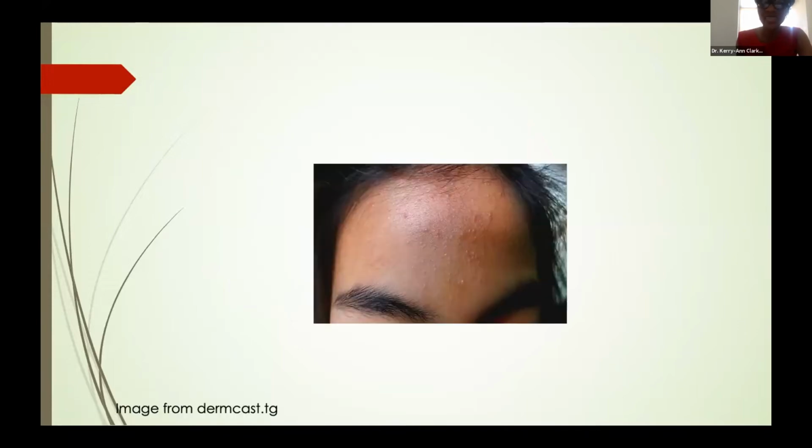Yes, much better. Okay. So this is a patient with papules on the forehead, and they're flat top papules. So this is a patient who has plain warts. The last two patients will be challenging even for the dermatologist. This is a patient with pruritic erythematous papules and pustules on the forehead. This is a patient who is failing acne therapy, and at that time you would have to reassess the diagnosis.